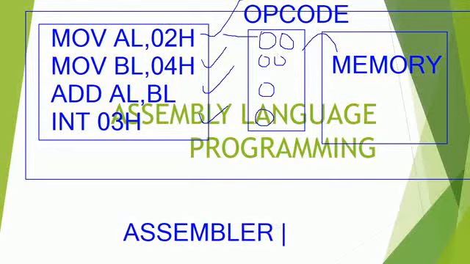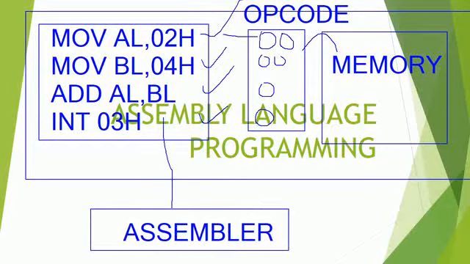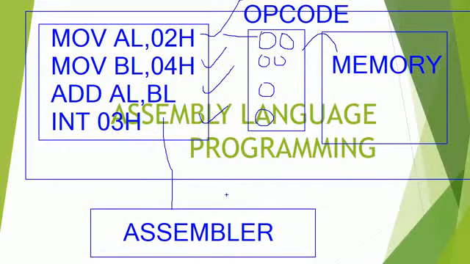So what exactly will the assembler do? Whatever process we are doing in 3 steps to get the program executed by the microprocessor, instead of doing all these 3 steps, we simply write the program in the mnemonic format, and the assembler takes care of evaluating the opcode for each and every instruction. When you are using the assembler, you give the starting address. From there onwards, it converts your program into the opcode format and executes the program. There is no need to manually evaluate the opcode for each instruction and store it into the memory.